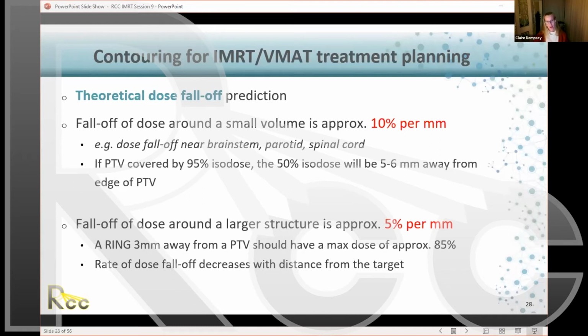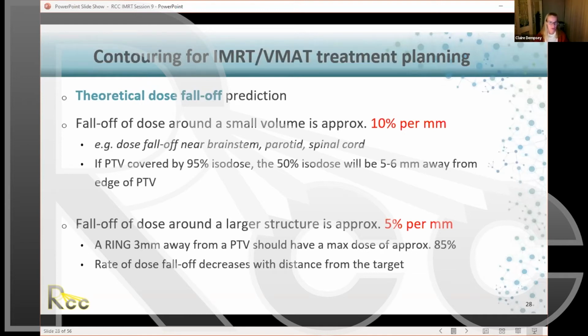So if you had a ring around a PTV and the edge was sitting 3 millimeters away, that structure around the PTV should have a maximum dose of about 85% because we're dropping 5% per millimeter. Obviously,